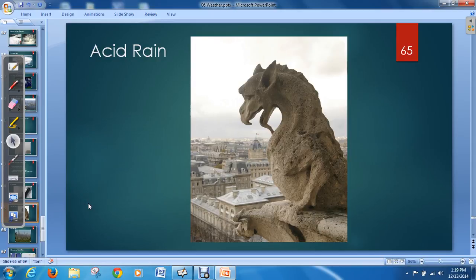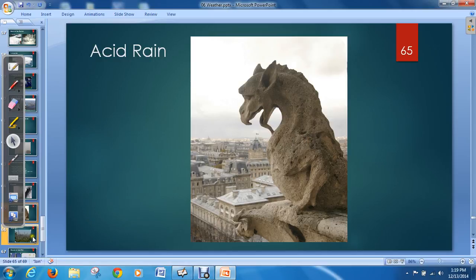It's rain that has high amounts of acid in it, or is very acidic, as it's called. And here's a picture of a statue, and you can see these little dents in the statue all over the place. This is not necessarily a very old statue, and these dents are not caused by natural erosion. These are caused by acidity in the rain in this area. So as the rain falls and stays on the statue, the acid eats away at the rock in the monuments. Okay, so this is starting to become more and more of an issue.